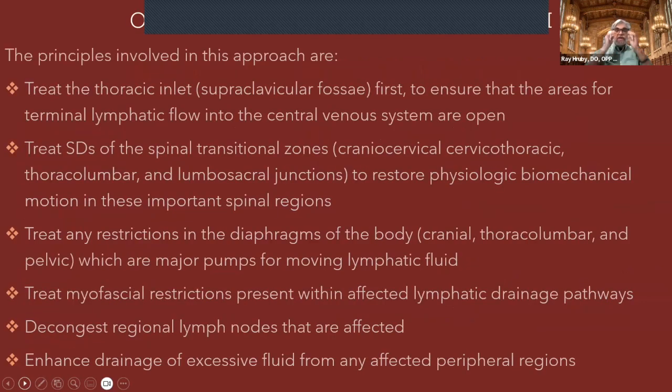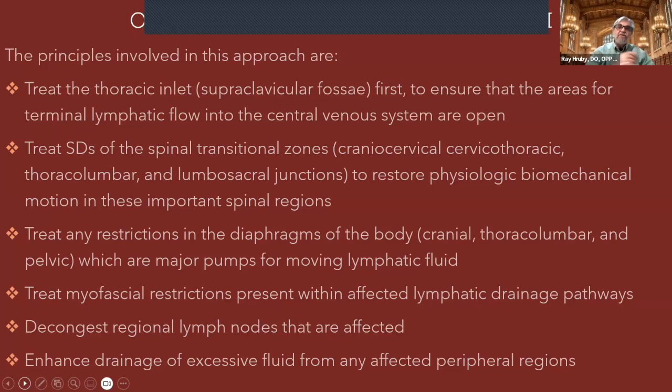So in this area, and we'll come back to an image of this again so you'll see it a little more visually, the first thing we do when we want to work with a patient with the goal of improving or augmenting flow through the lymphatic system is we treat what we call the thoracic inlet. Now, the thoracic inlet is what we all learned in school as the thoracic outlet. And in osteopathic medicine, we tend to look at that area as a thoracic inlet relative to the lymphatic system,